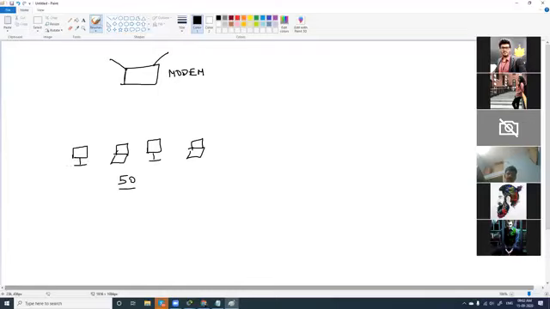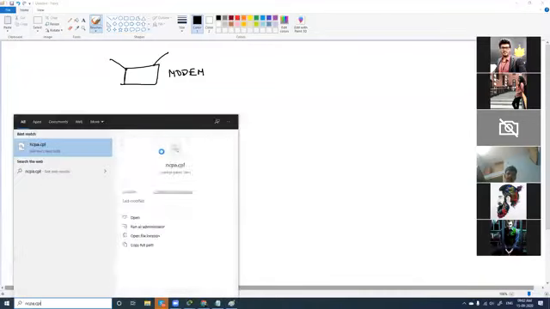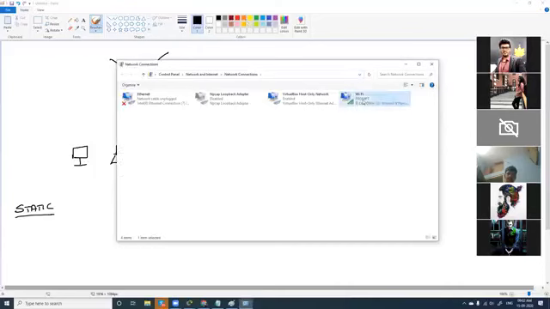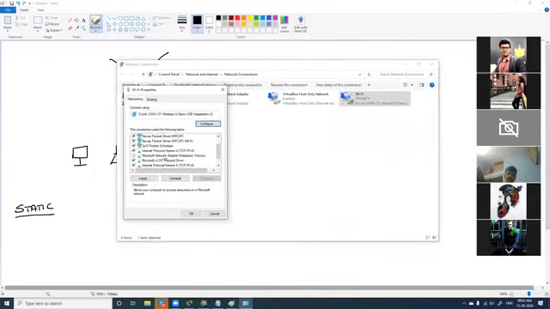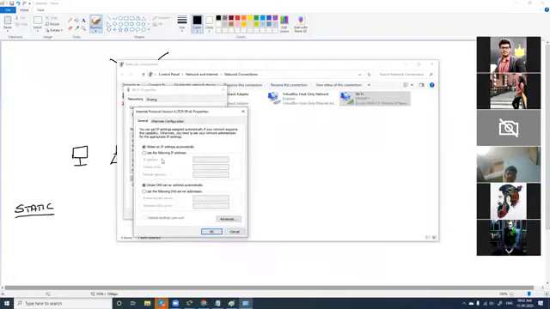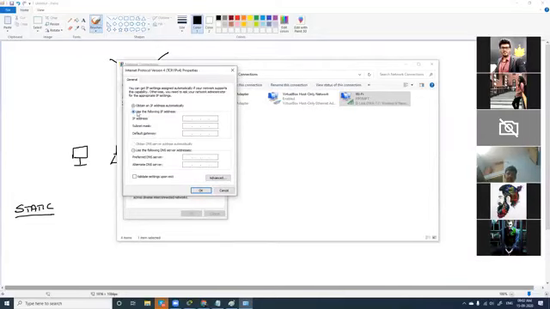So one way of assigning IP addresses is static IP assigning, wherein you go and assign an IP address individually to all the devices. And how will you do that? I'll go to properties, and in properties, I'll go to TCP/IPv4 and click properties. And here, if I click use the following IP address and enter all these details one by one, then that is static IP assigning.